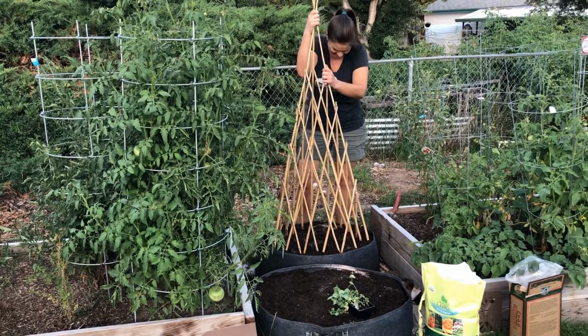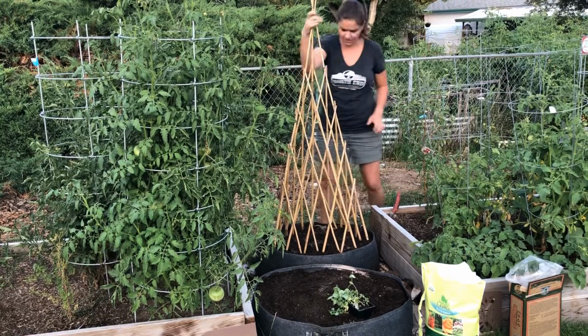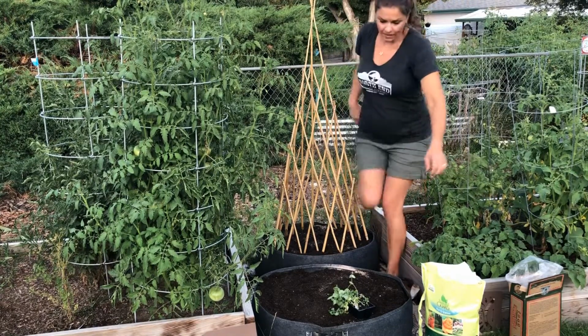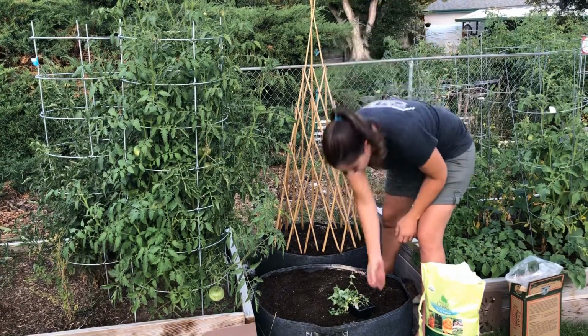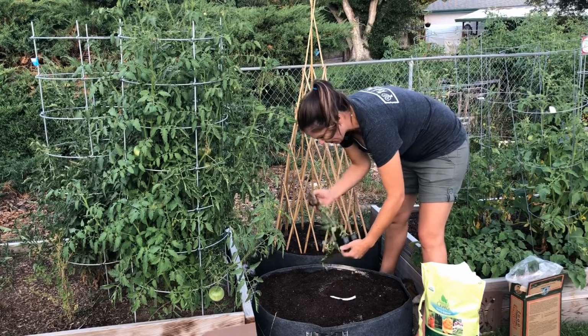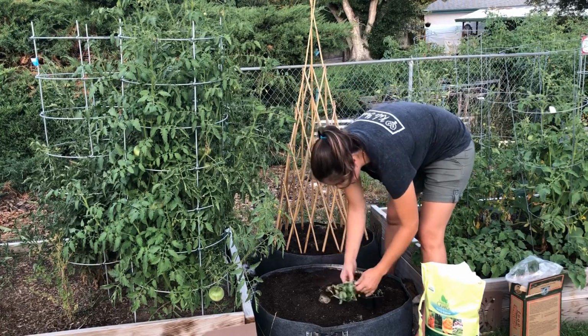Yep, you got peas. I'm a dork, I'm sorry guys, you have to tolerate me. Or don't, you can just tune out right now. So, I brought some peas with me from the nursery. Like I said, I let them get a little bit dry today, so they're a little bit droopy, but nonetheless,